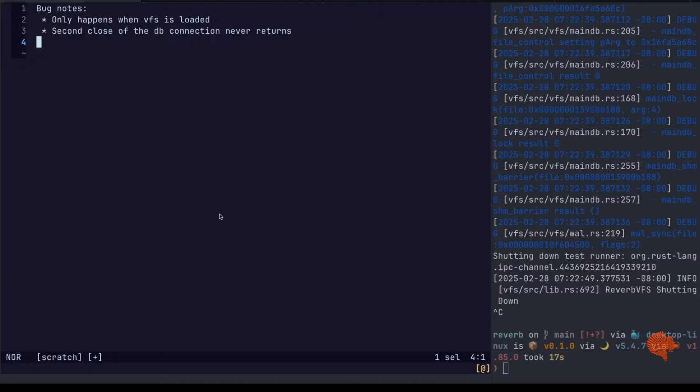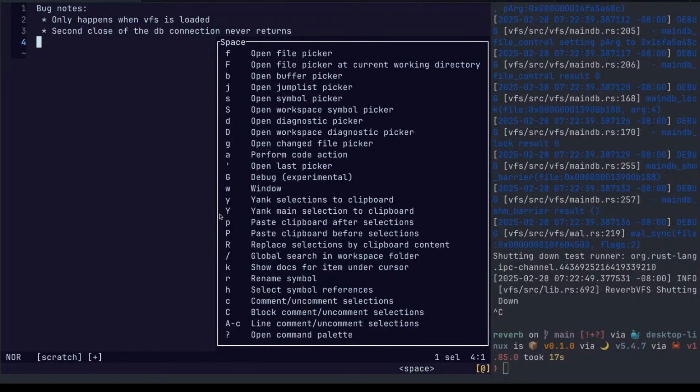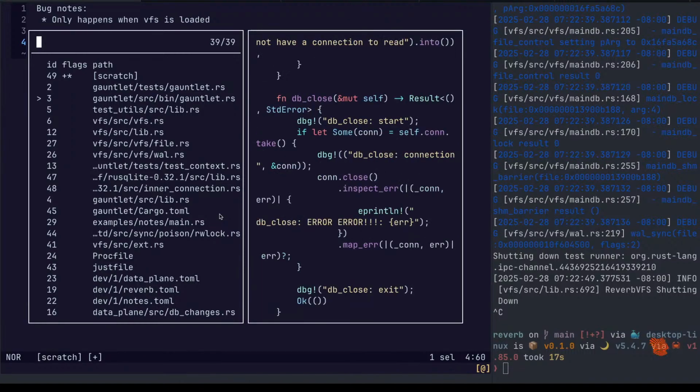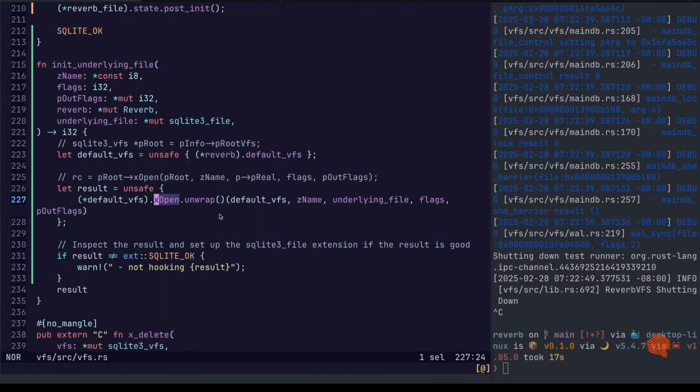Here's my notes. Will not happen. Let's see. If all log specialization is disabled, will that happen? And that is in VFS.